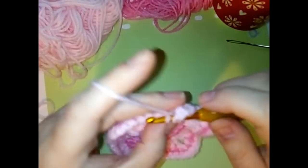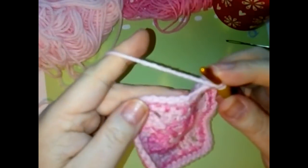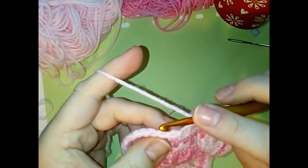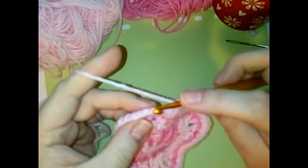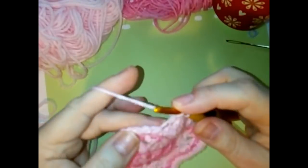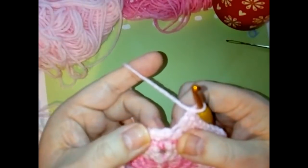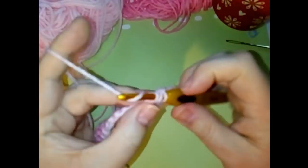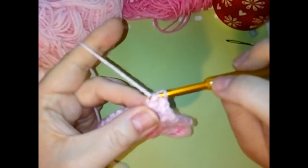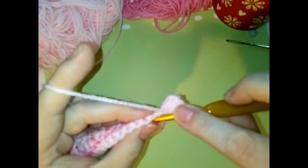and in the next, and hey, guess what, we're going to do one into the next and all the way along until we get to our corner stitches. So just keep going, double crochet in the back loop only. And now I'm at my corner stitches, so you want to do a double crochet in the back loop only of the first one, and then the second one you're going to do 3 double crochets, 1, 2 and 3, and then continue around and along the next side, 1 in each stitch,